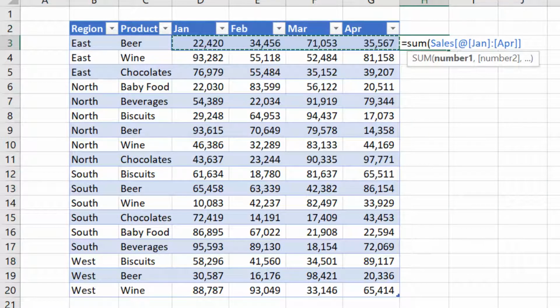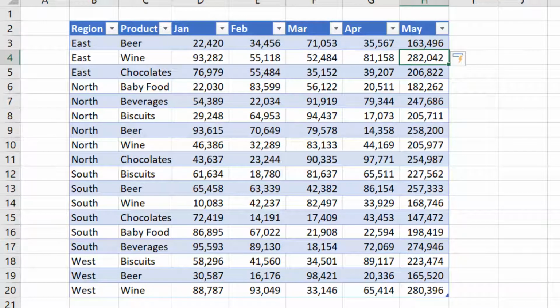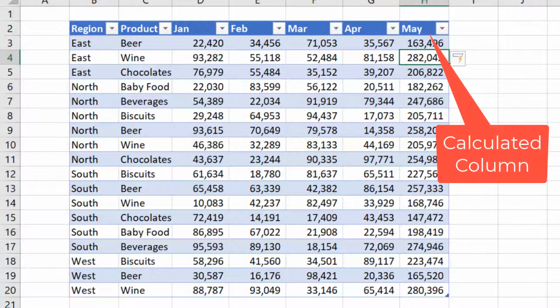You can also notice that when you hit enter on the keyboard after completing the formula, Excel updates the formula in all the remaining cells of the column automatically, and such a column is known as calculated column in Excel table. Since Excel has named this column as May, let us rename this as Total.